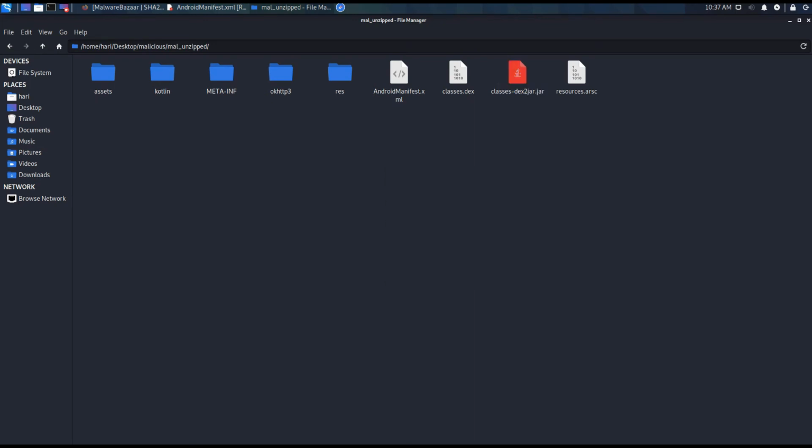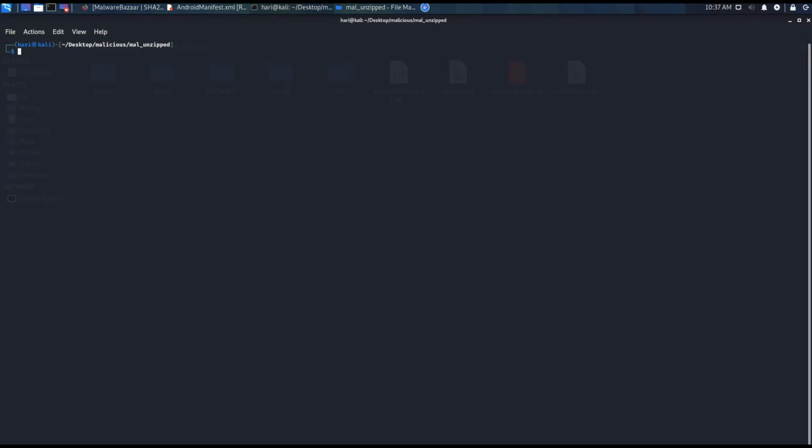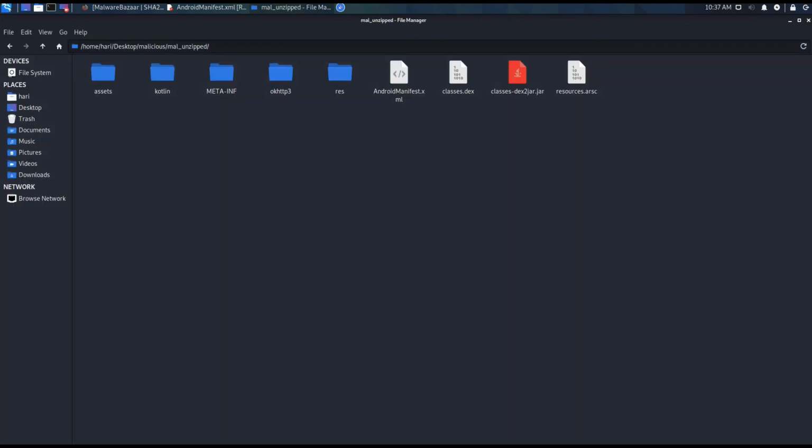I have already done it because it will take some time. For the speed of this video I have used it, and if you want the command I can give it to you. You have to give the input as classes.dex. If you press this, it will convert the dex file into the jar file, and watch the previous tutorial to understand this in depth.